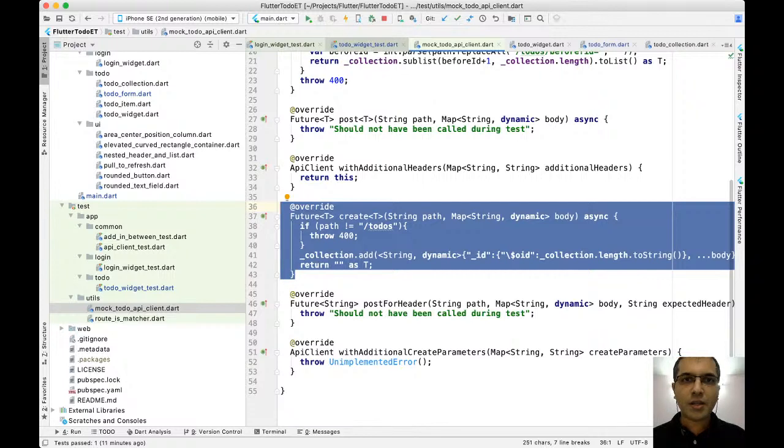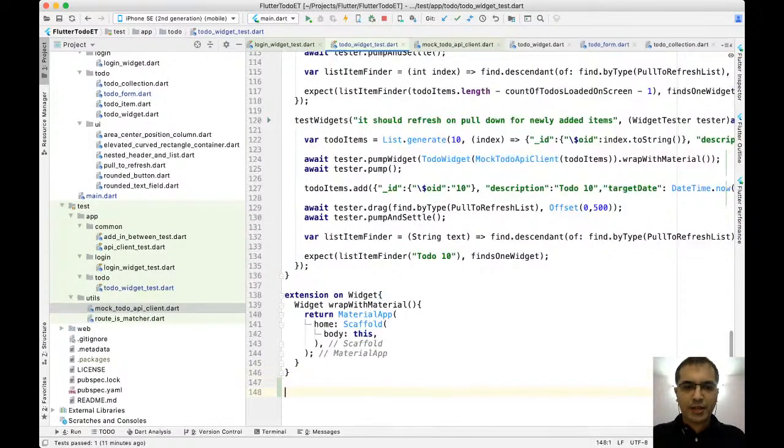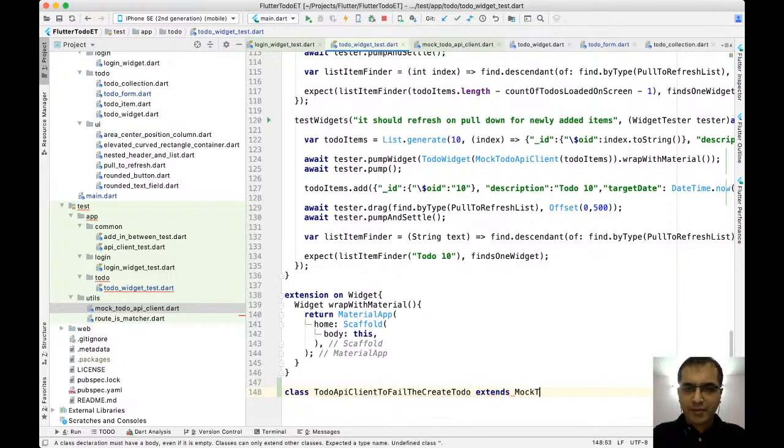Widget test. I'm over here. I'm just going to say class to do API client to fail the create to do, and this does nothing, but it simply extends the mock to do API client.